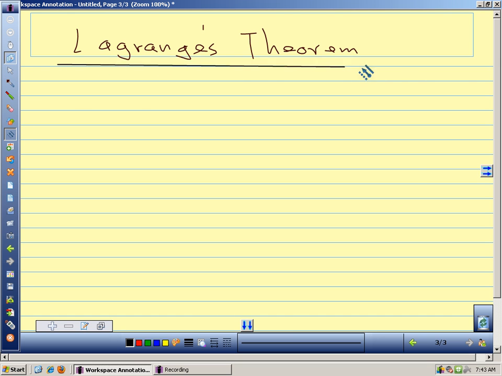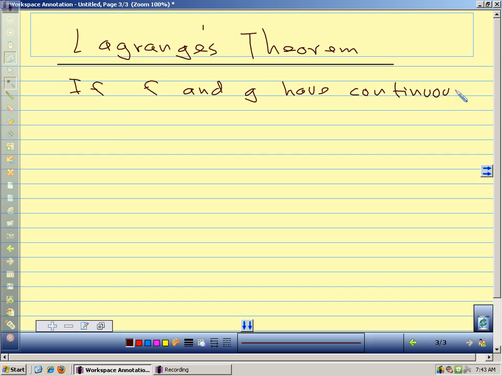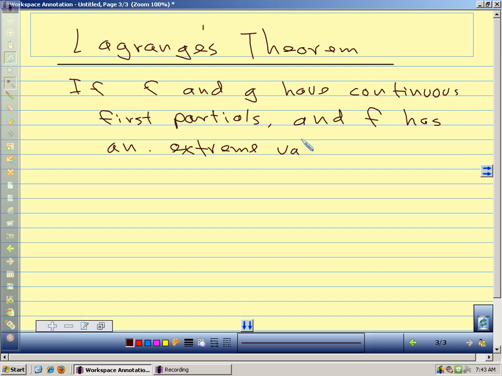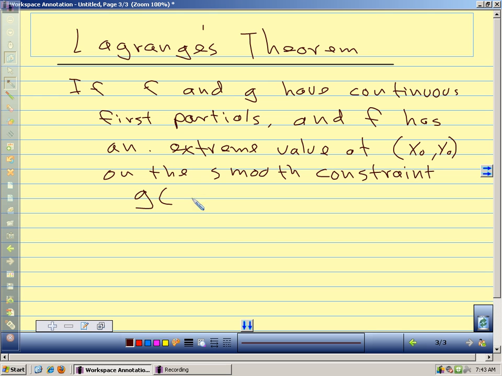So Lagrange's theorem tells us that if f and g have continuous first partials, and f has an extreme value at some point x0, y0 on the smooth constraint g of x, y equals k, then